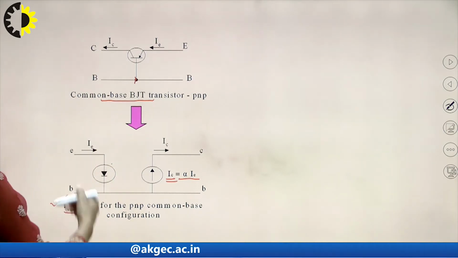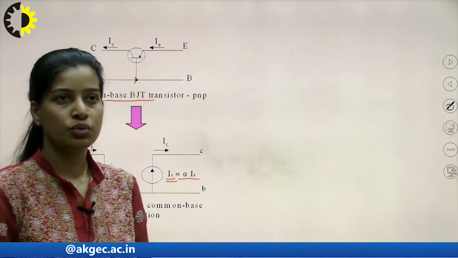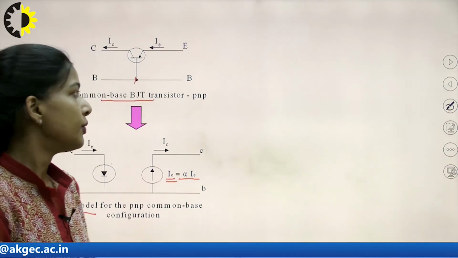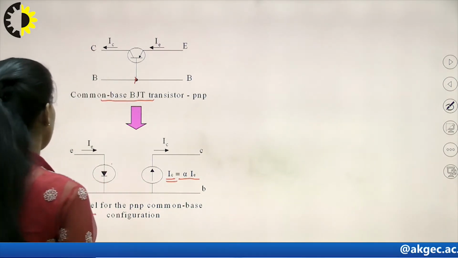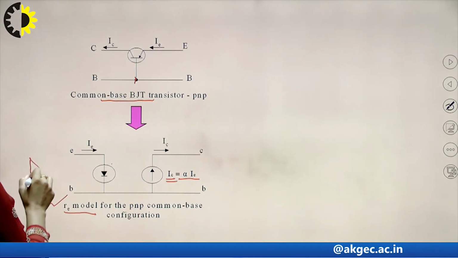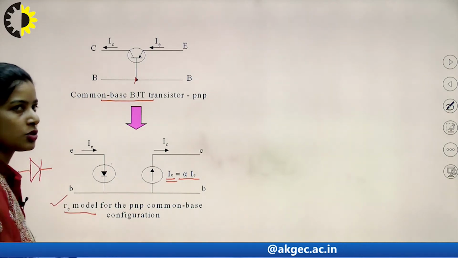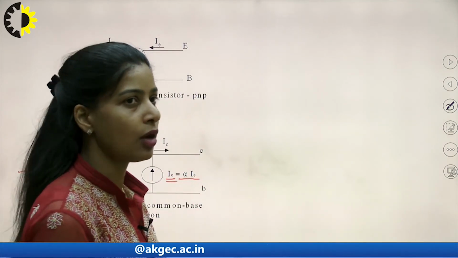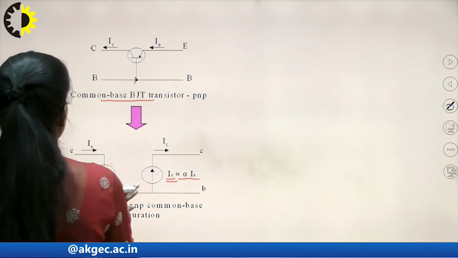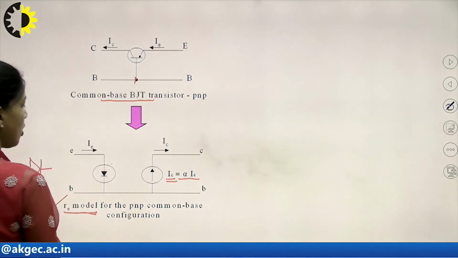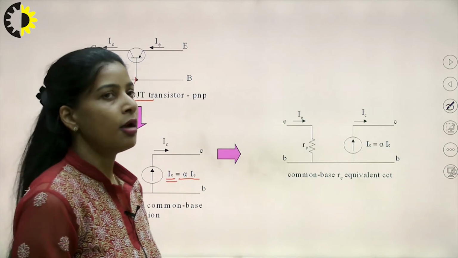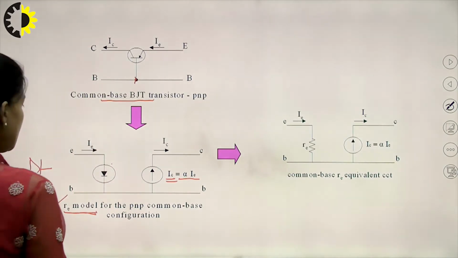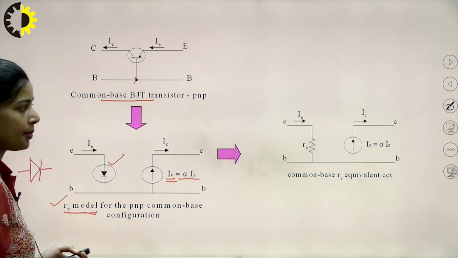At the input side, we know that for amplification, to keep the transistor in the active region, the input side is kept in active mode, so that we can have proper operation of the circuit. So we can replace it with the diode, which represents that when it is forward biased, it will allow the flow of current. That is the equivalent representation, the re model of a PNP transistor for common base configuration.